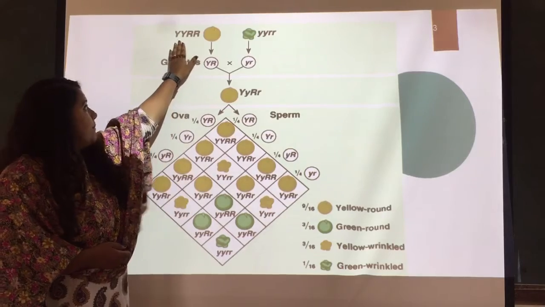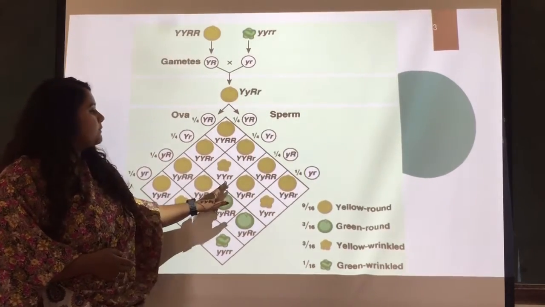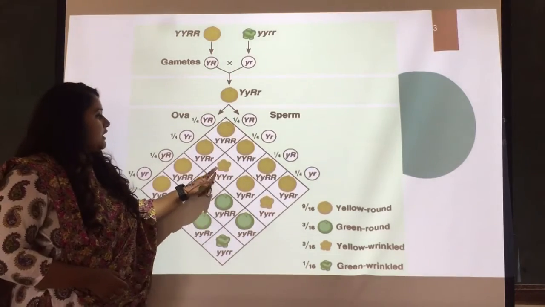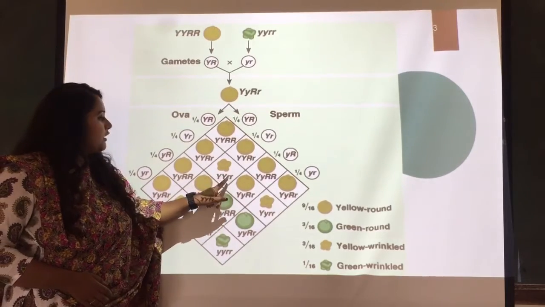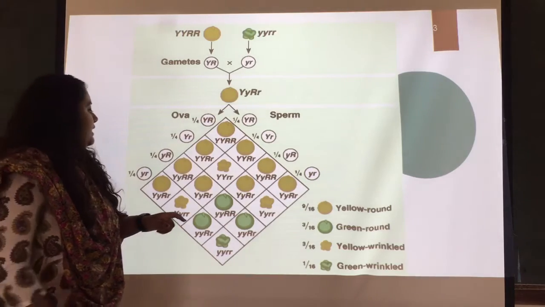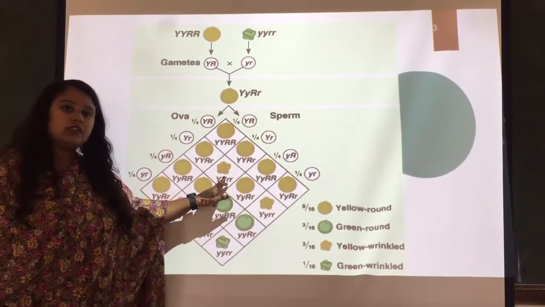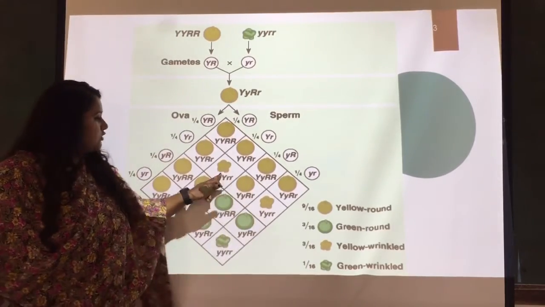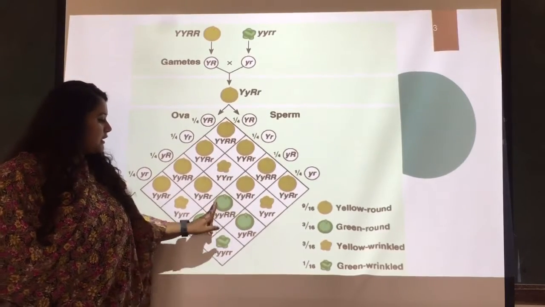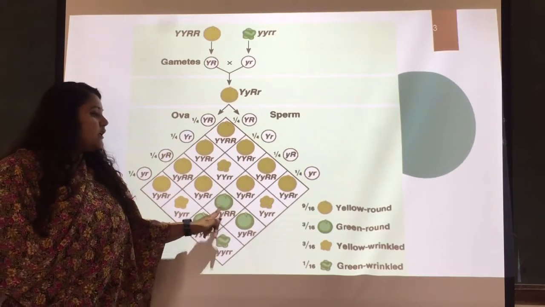So the capital Y is from the yellow round parent, and the small r is from the wrinkled green parent, right? So for this reason, even though yellow color is observed, the seed will not be round in shape, but it will be wrinkled in shape, right? Same way, here you can see three different types. Now see, as you saw this, same way this and this. So three of them will be the same as what I explained for this, and these three are going to be the same. Here you can see that they are round in shape, but their color is green.